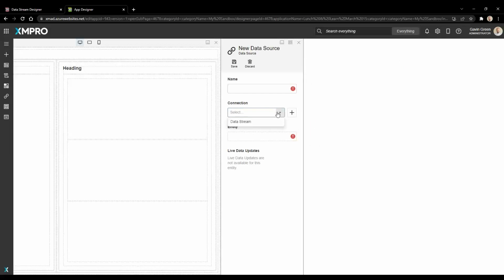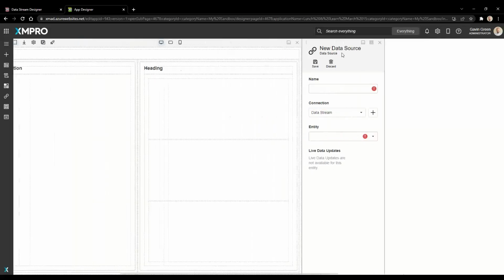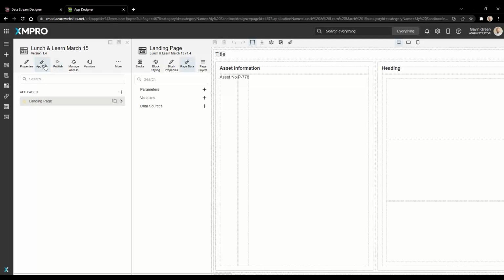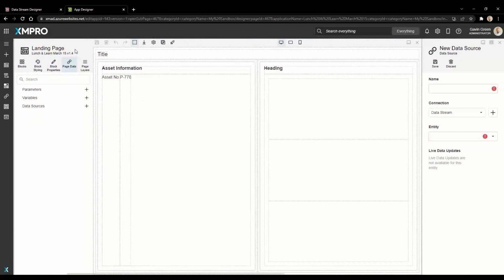Now what will happen is under the drop down, you'll see I have a data stream that is now available. So what we've just done there is instead of me scrolling all the way to the left and clicking app data to add it, I'm able to add it at the page layer as well. Very handy if you haven't done it or you only get to it halfway through the app page when you're configuring it versus having to remember every single time. We can now give it a